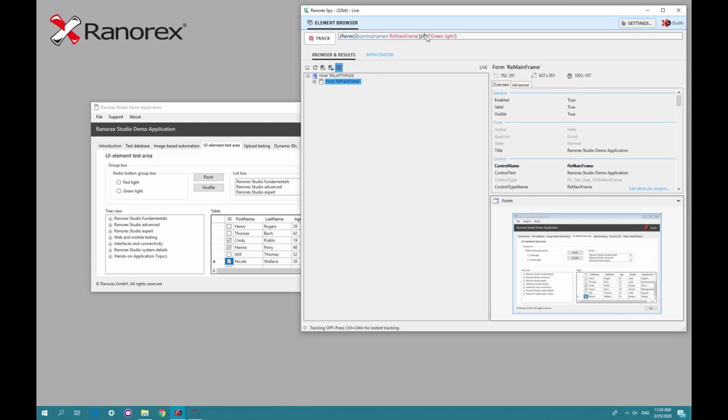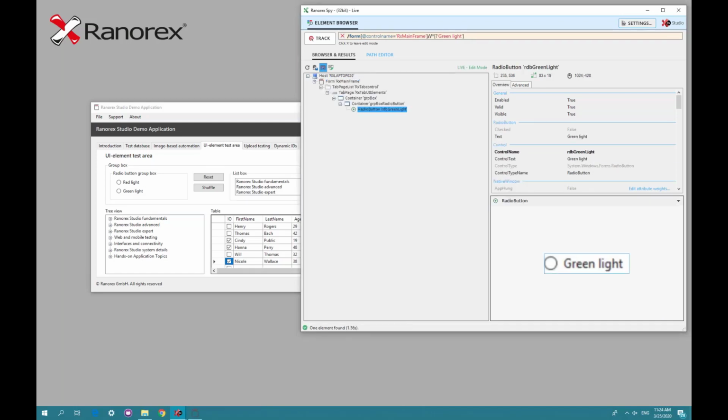I'm searching for every UI element which has any parameter which is labeled green light. So I hit the return button and let it find it. And what you could see is now it's labeled red and it finds it. So it has found the correct UI element within my